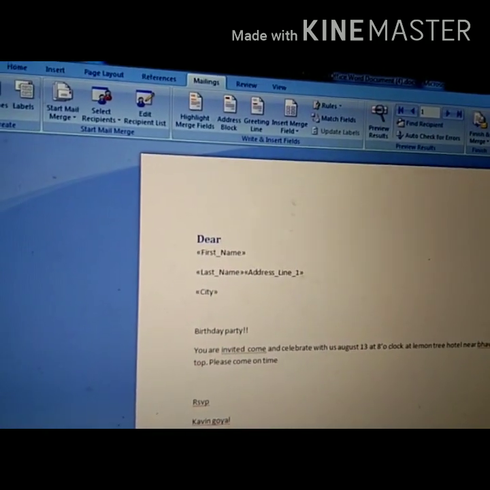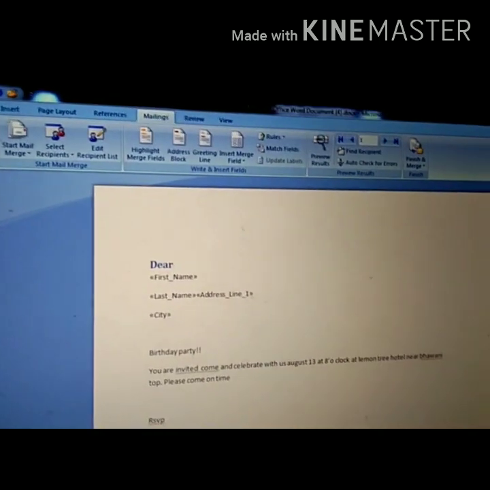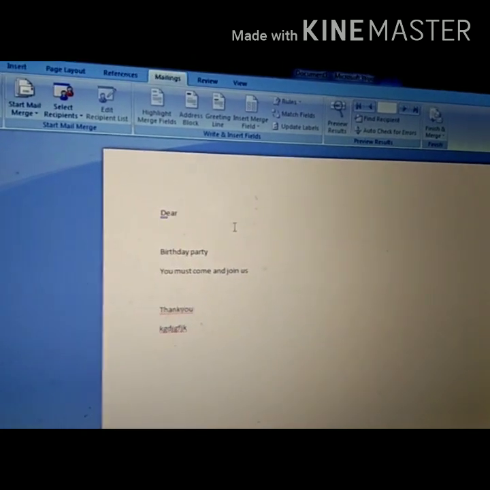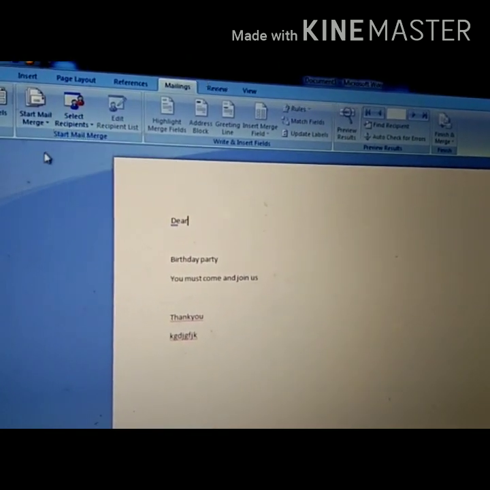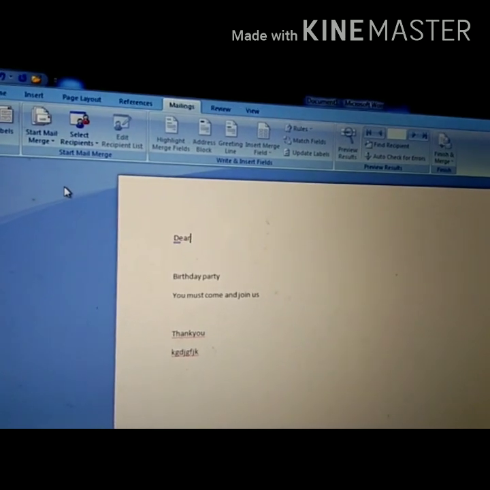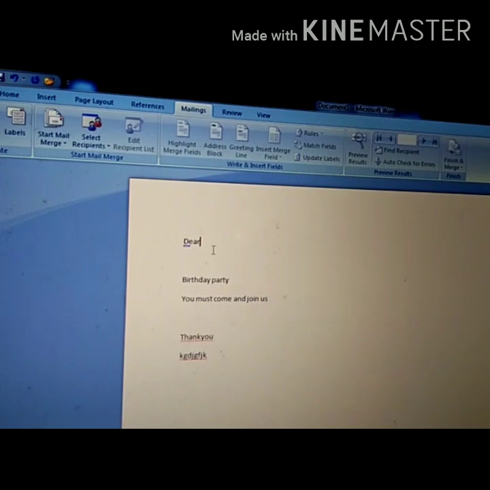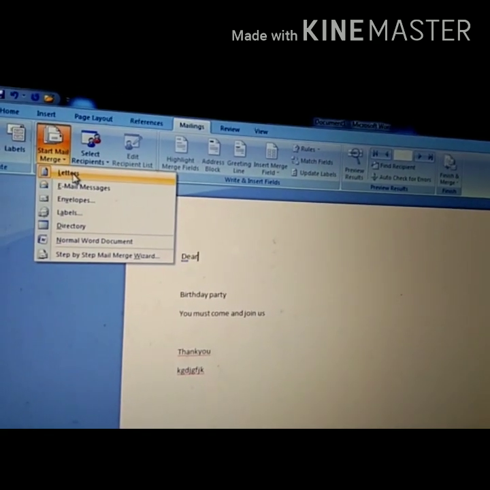Saving part done. Now open your document. This one is my document. यही लिखा था मैंने अभी, ठीक है. Now start mail merging. मैंने main document create किया. I have created recipient list also. Now next option is here, click. Here is start mail merge. Letter done.